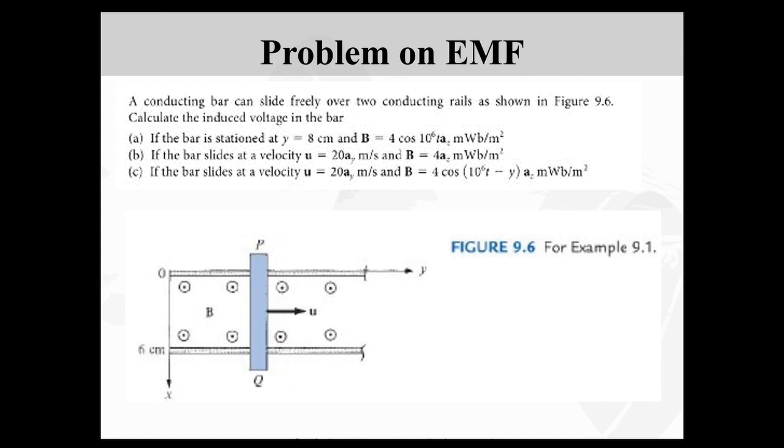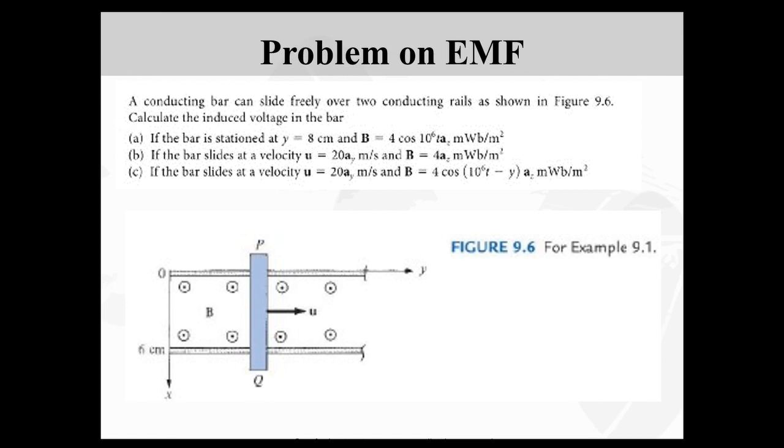So in the previous video, we came across different types of EMFs which are induced by Faraday's law. There are three different scenarios that we have known so far for an induced EMF. The first scenario is when a constant loop is present in a time varying magnetic field, which is called transformer EMF. The second case is where a moving coil is placed in a static magnetic field, which is called motional EMF. And case 3 is where a moving coil is placed in a time varying magnetic field, which is the combinational effect of both transformer EMF and motional EMF.